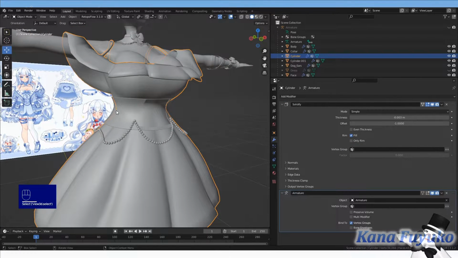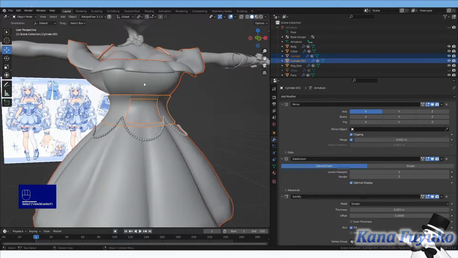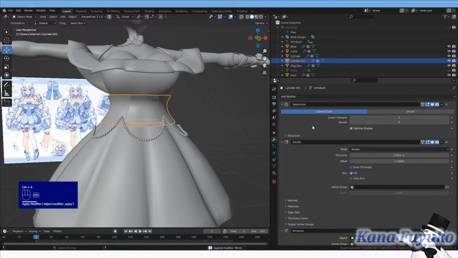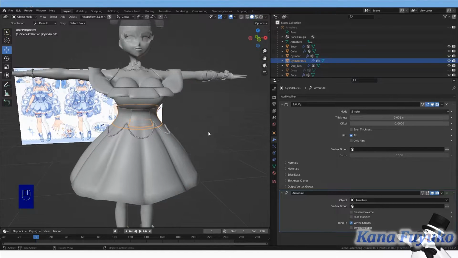So let's start off simple. I think a corset here, something like that. Make sure I apply the modifiers. And also another thing I need to mention, I usually don't apply the solidify modifier because from my experience, for some reason when you add the solidify modifier, because it's double-sided, it makes the mesh double-sided, it would kind of confuse the weight paint transfer and such. Depends. Sometimes it may work, sometimes it may not.